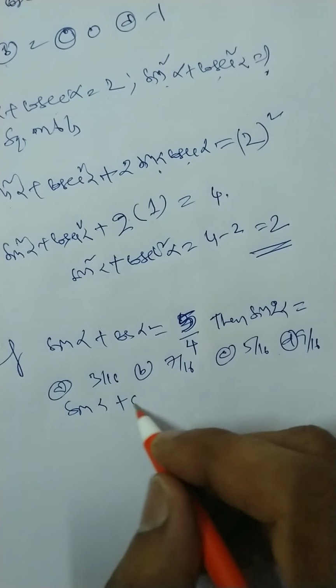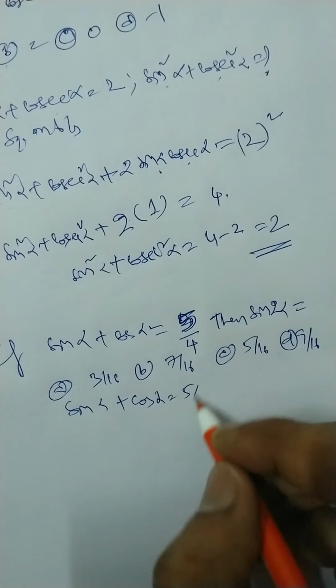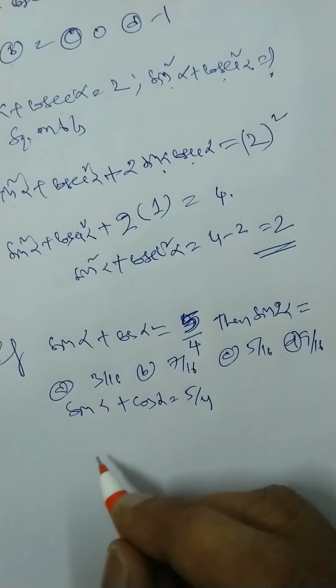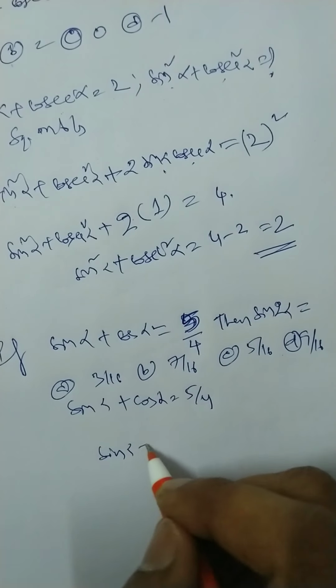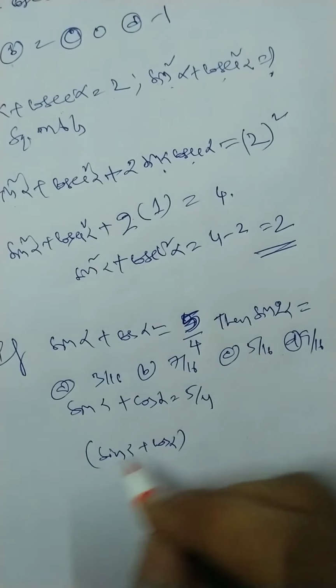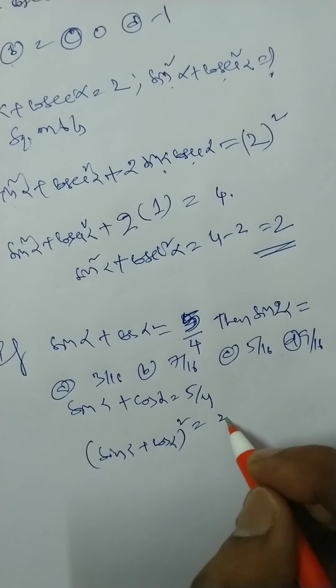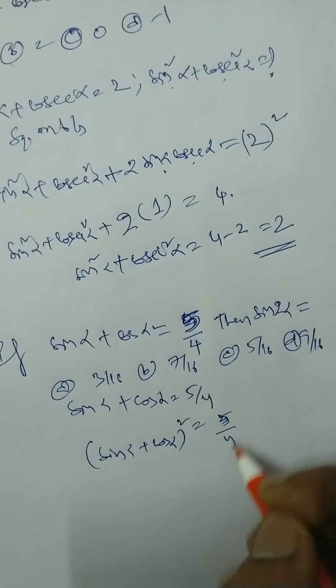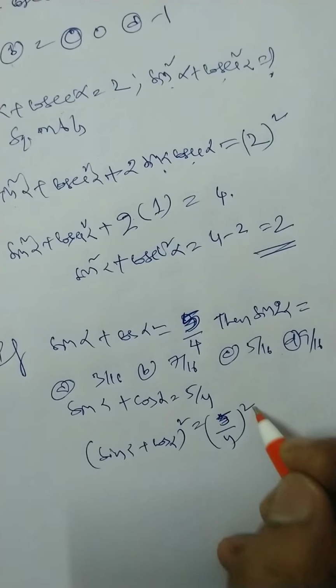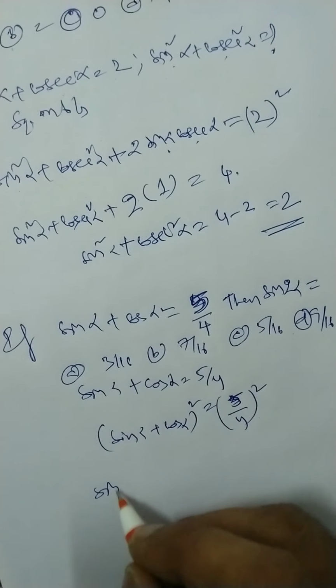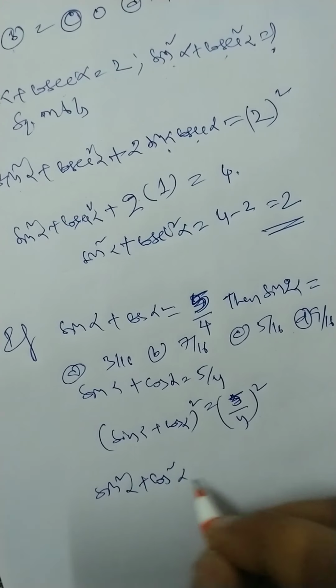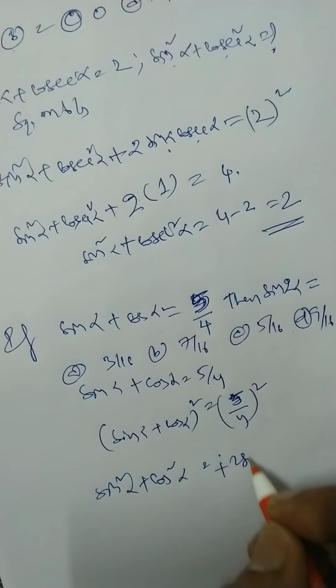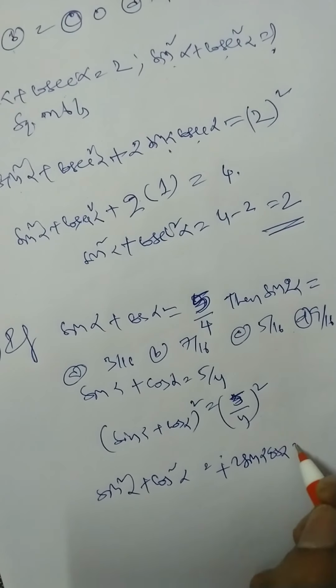So the given value is sin alpha plus cos alpha equal to 5 by 4. Squaring on both sides, sin alpha plus cos alpha whole square is equal to 5 by 4 whole square. So we get sin square alpha plus cos square alpha plus 2 sin alpha cos alpha